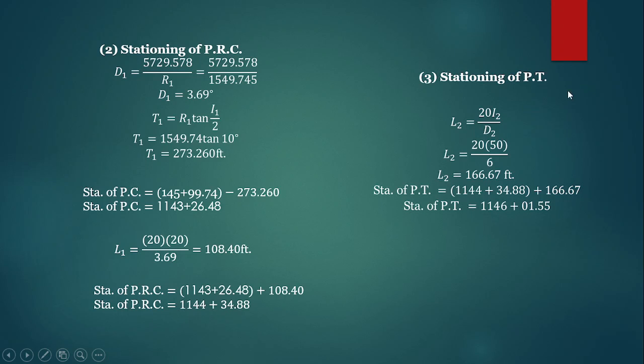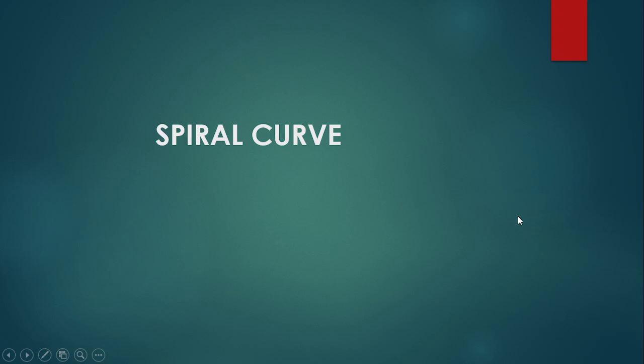Sa stationing of PT, iba rin yung ginamit na formula. 20I over 2 over D over 2, resulting to L2 of 166.67 feet. Stationing of PT, ayan. Stationing of PT, 1146 plus 01.55. Sa spiral curve naman,